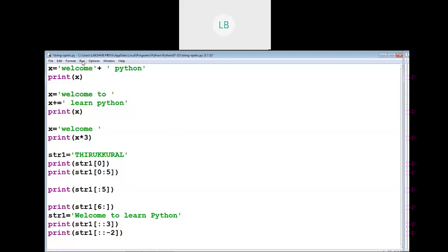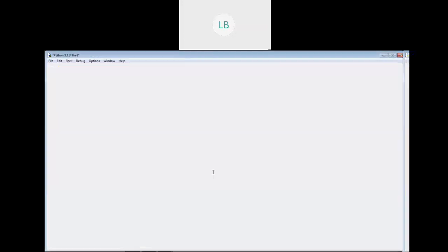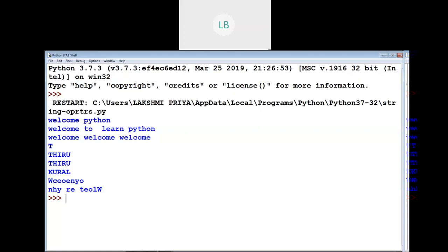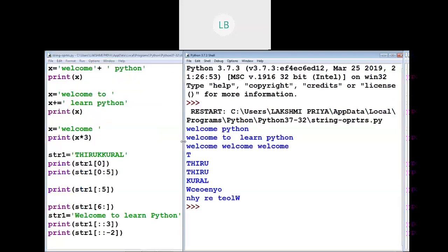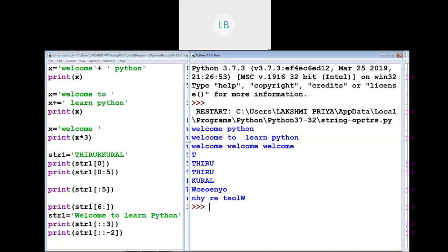Let me execute this program. You can see for the first print statement, welcome Python, as a single string it is displayed.